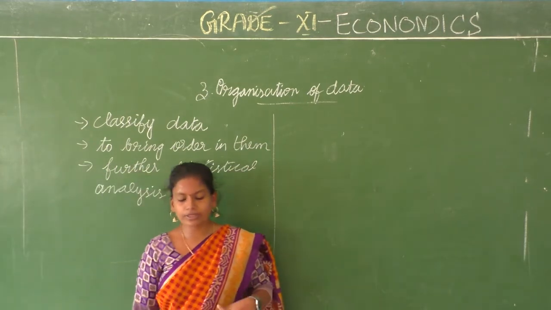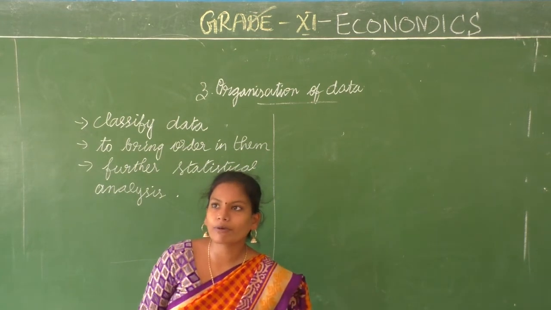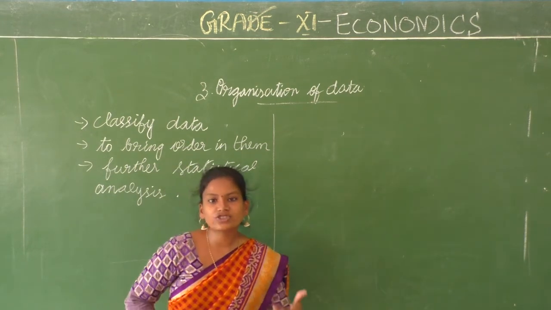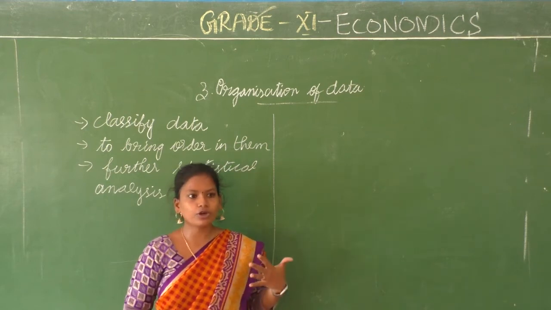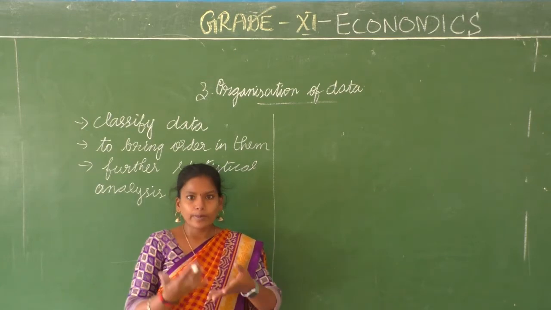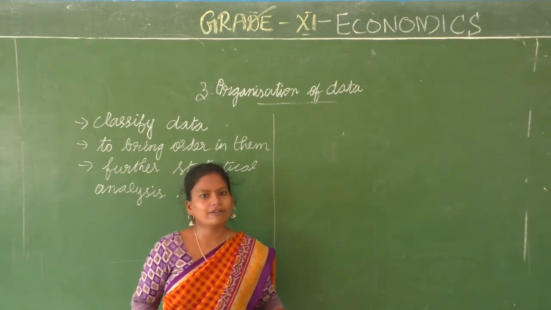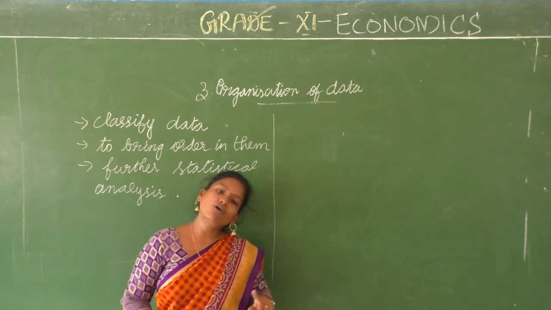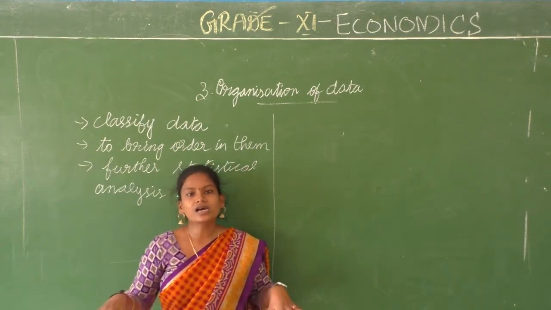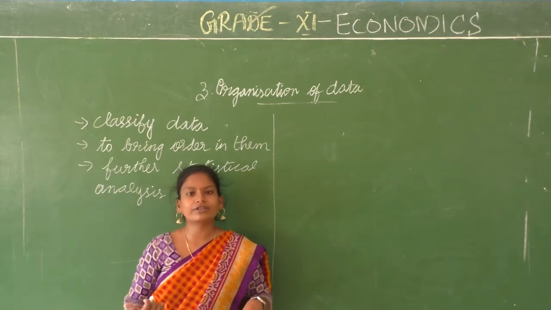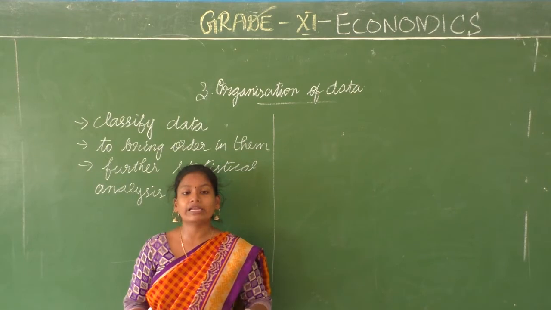Alright, in your book they have given you an example of a person called Kabariwala. That is, people who collect junk from you. They'll come to your home, they'll come on the streets where they will collect waste papers, old papers, plastic, glass, everything they will collect. They will put everything in the same bag only. But after they go to where there is a shop, they will classify it so that they will be able to sell it. Now I'll give you a different example. This example you can read and understand.